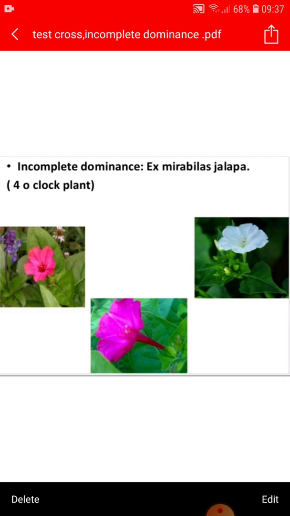We saw the exception of the law of dominance in this, that is known as incomplete dominance. You can look over here, we have one red flower and another one is white, but when we cross these two, no red or white flower color came in the next progeny. It was of pink color. So it was surprising, but the law of dominance explains